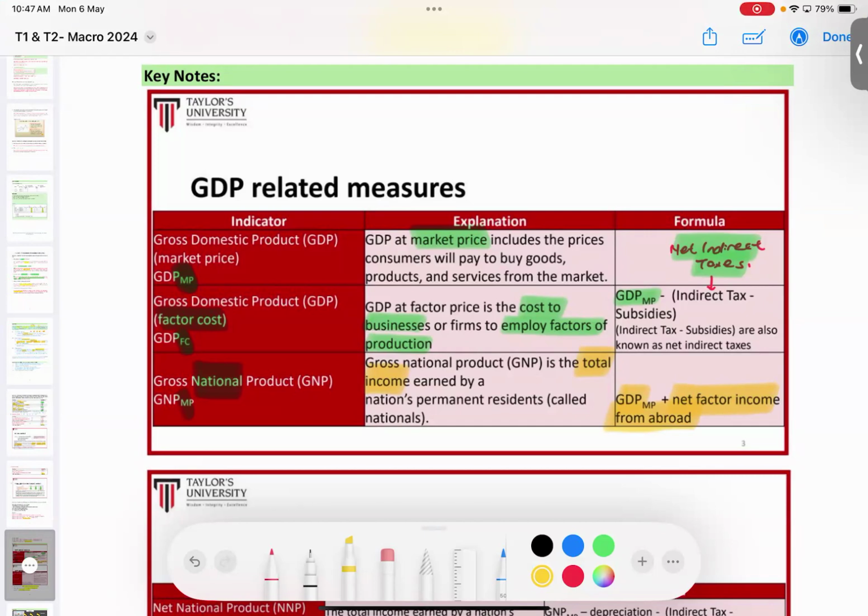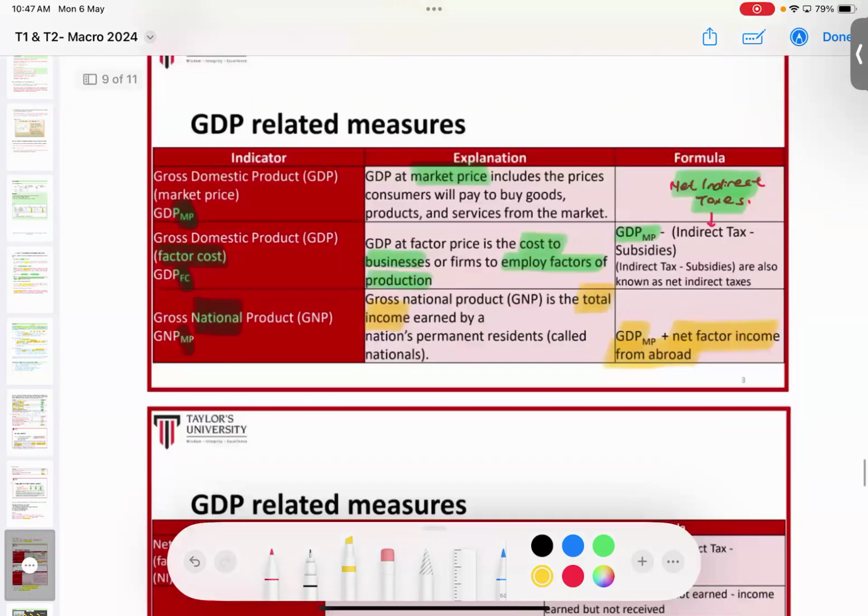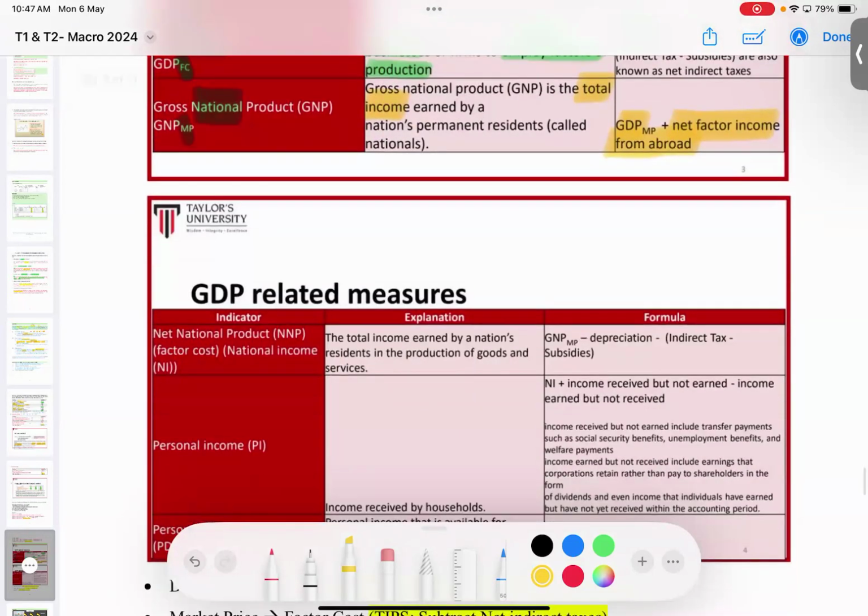So therefore, that is under gross national product. That means I start to look into the income that's being earned, although you are overseas. So you use the GDP earlier plus net factor income abroad. Now, moving on. If today I want to calculate net national product at